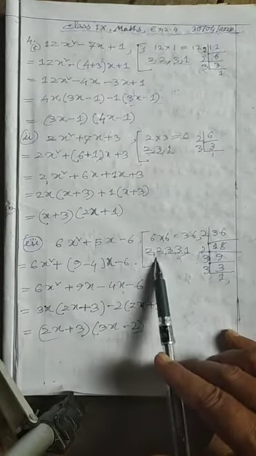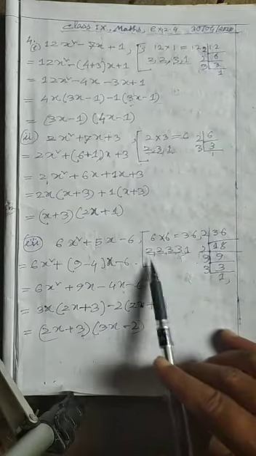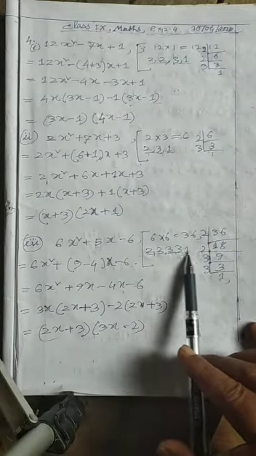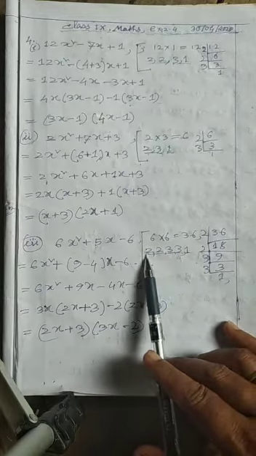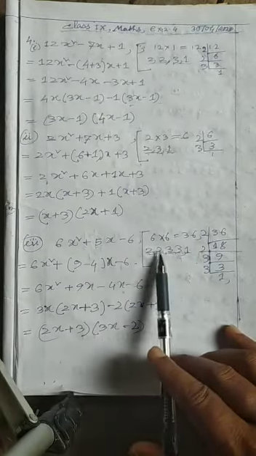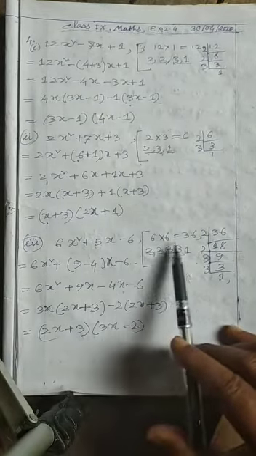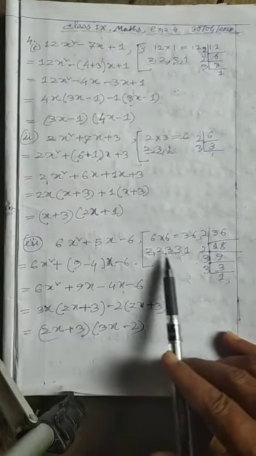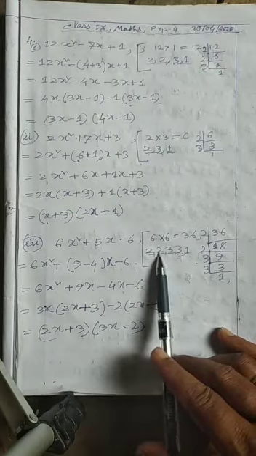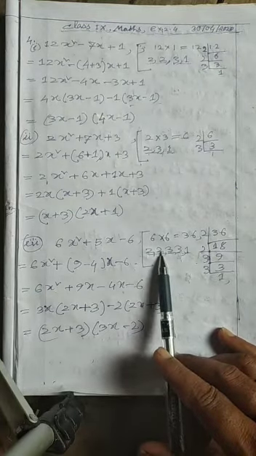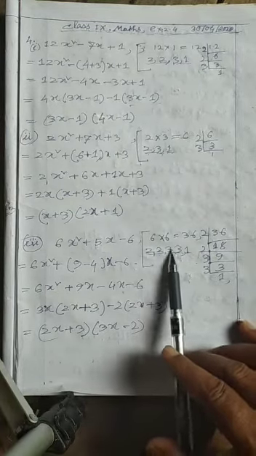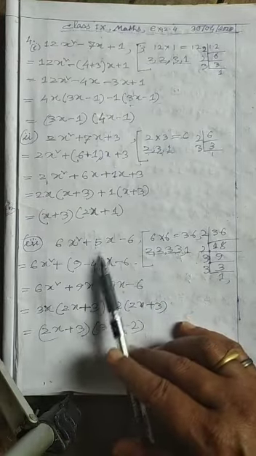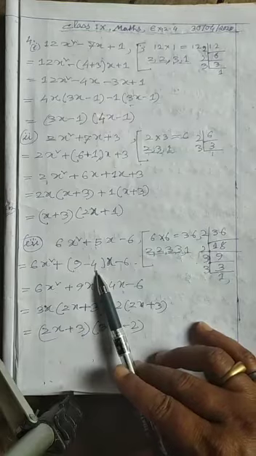Now you make this one group, and this one another group. 2, another 2, 3 is 6, 6 is 18, 18 into 1 is 18. 18 plus 2 is not equal to 5. 18 minus 2 is not equal to 5. I will change the group. This one group, this one another group. In one group, as I already told you, you have to multiply the factors. 2 twos are 4. Another 3 is 9, 9 into 1 is 9. 9 minus 4 equals 5. So I will write here 9 minus 4.